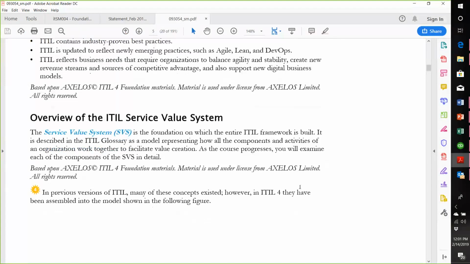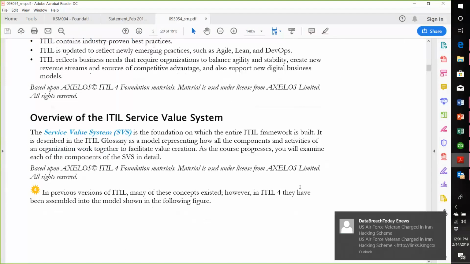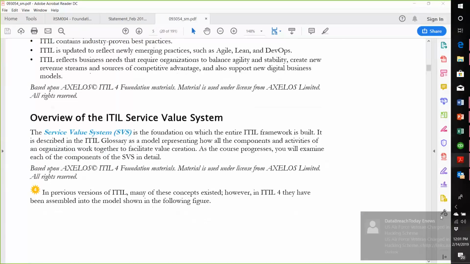Okay. So in a lot of different places in the courseware, folks, what we've done is try to call out the areas where there are specific distinctions with ITIL 4. Because there is no bridge, because they're asking all the people who've taken ITIL 3 and ITIL 2011 to resit, right? We've tried to highlight in the courseware specific areas where there are differentiations between ITIL 4 and previous versions, so that provides a nice quick place for somebody to look, say, what's different in this particular version of how they've managed this definition. So the changes in the definition of service, or the changes in the definition of an incident, and so forth.